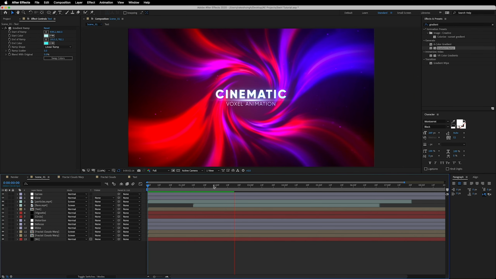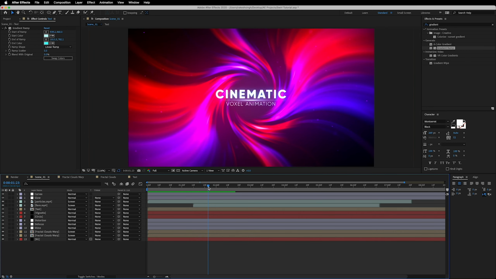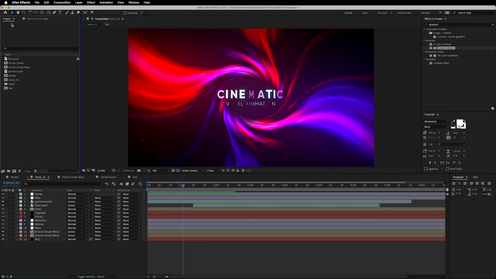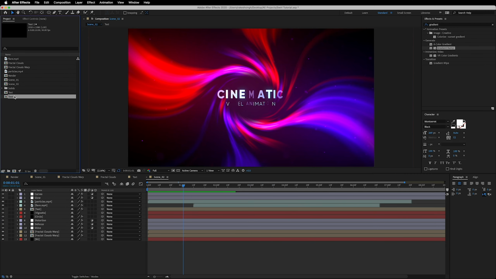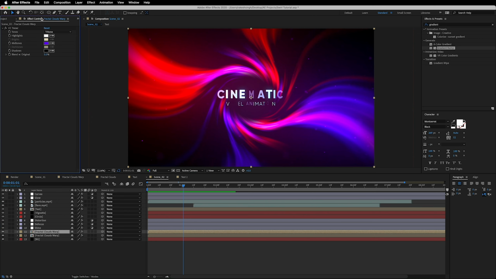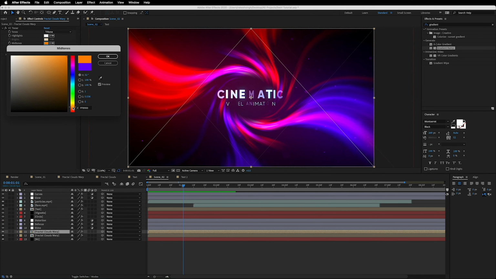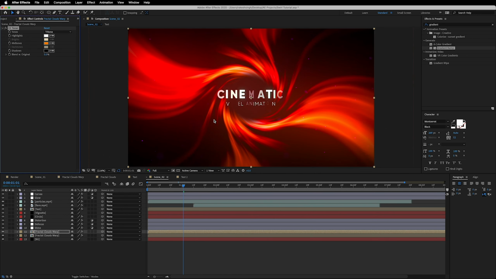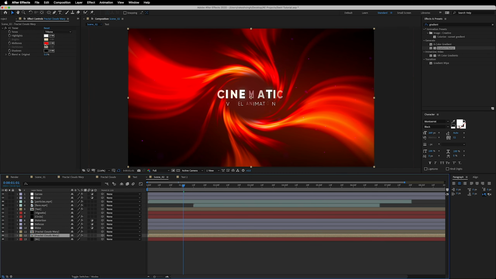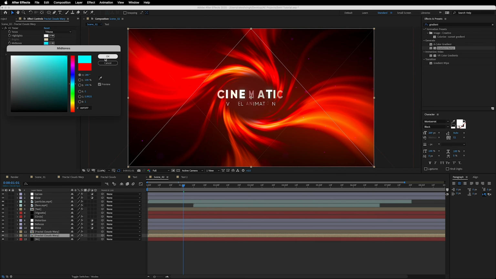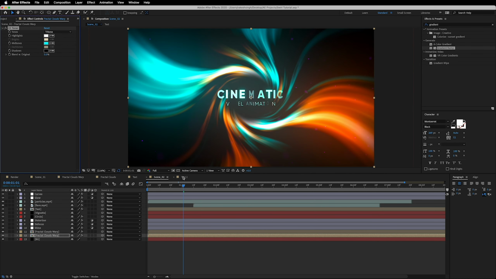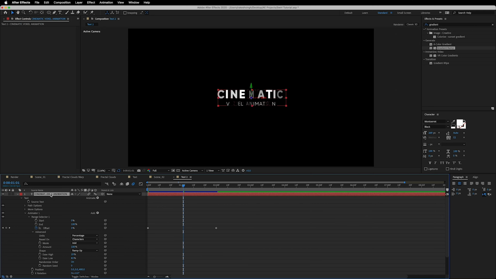And now suppose if we want to create one more scene like this, what we all have to do is to go to this project window, select the scene 1 and text layer, and quickly duplicate it, and we'll also open up in the timeline like this. And then first of all jump into the scene 2, select the fractal cloud layer, and then we'll change the color to something orange, hit OK, and then we'll select this one, and we'll pick up again a sky blue color like this,